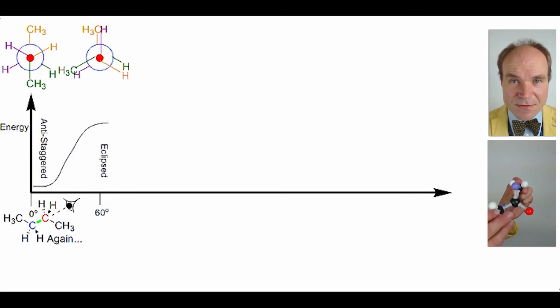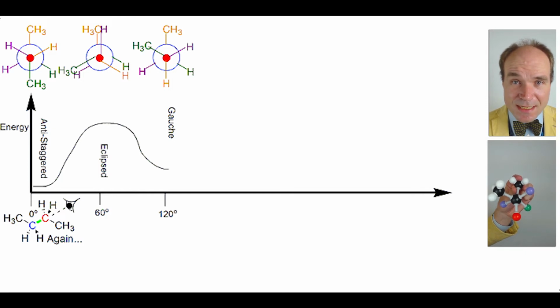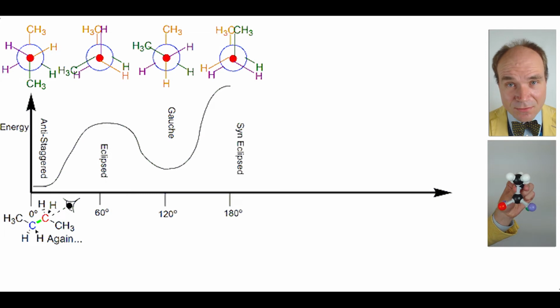A further 60-degree rotation to give us a total of 120 degrees rotation sees us going from that higher eclipsed conformation to a lower gauche conformation. It's not as low as the anti-staggered conformation, though. In the gauche conformation, the methyl groups are as close as they can get to each other in a staggered form. Another 60-degree rotation takes us out to 180 degrees in total rotation, and we change from having a gauche